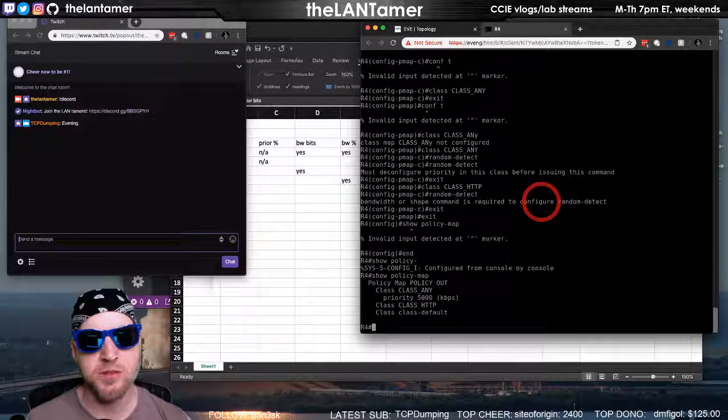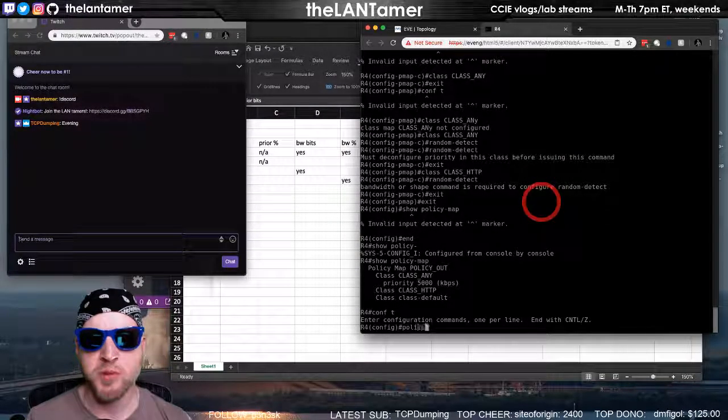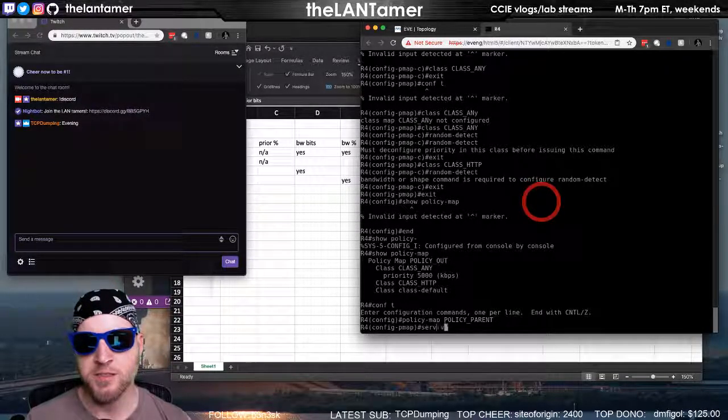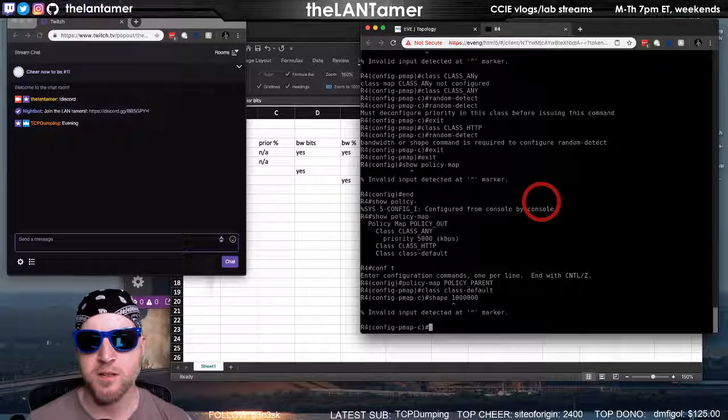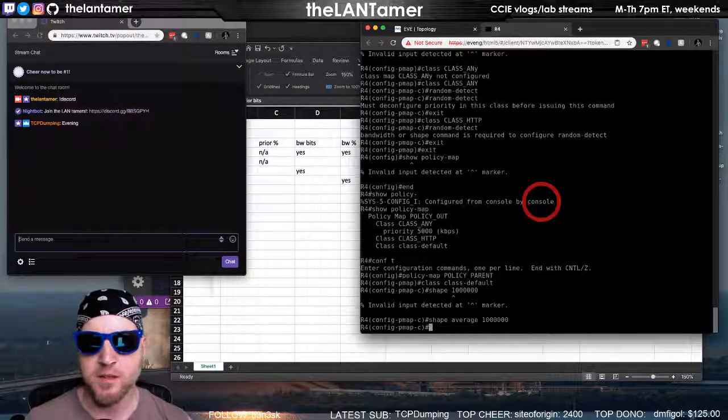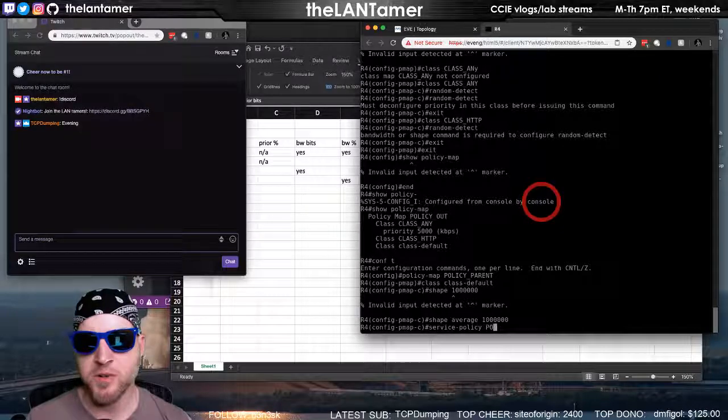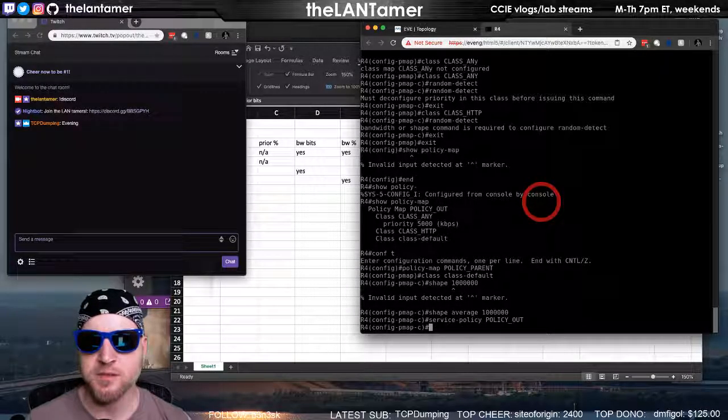I wonder if I include it in policy map, policy parent, service policy. Oh, let's do class default, shape average, and service policy policy_out.